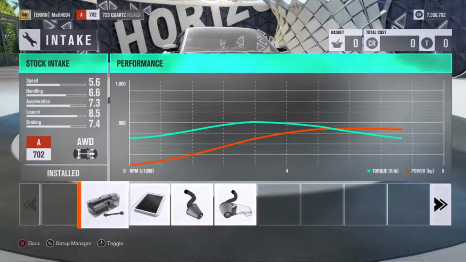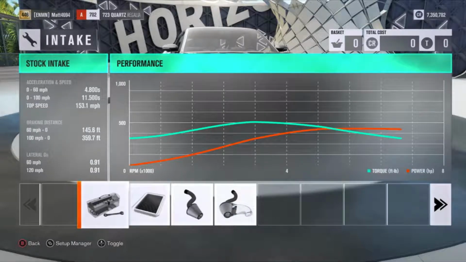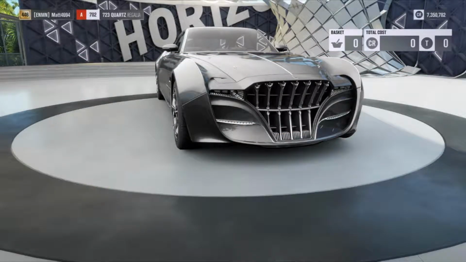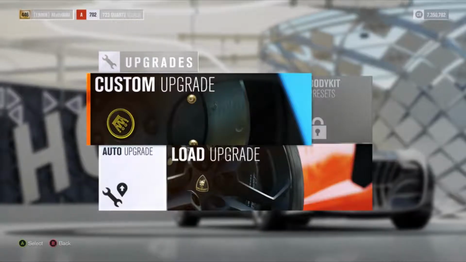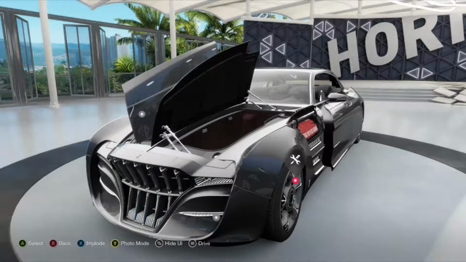Do a quick check of the stats here. 433 horsepower, 511 foot-pounds of torque. It's a little bit down on power, but it is all-wheel drive. Now if we go into the Forza Vista and pop her open,